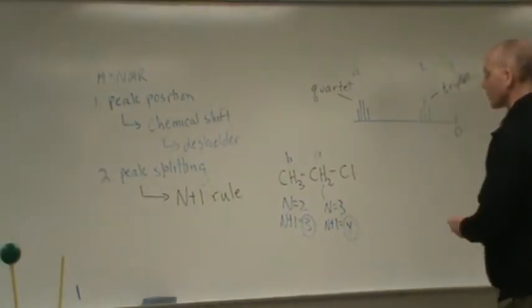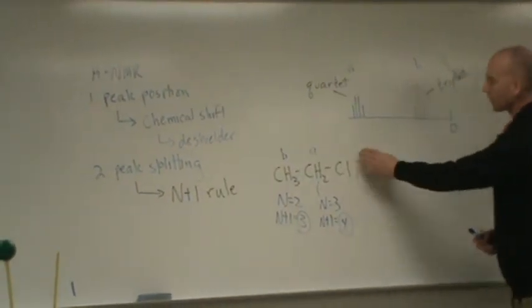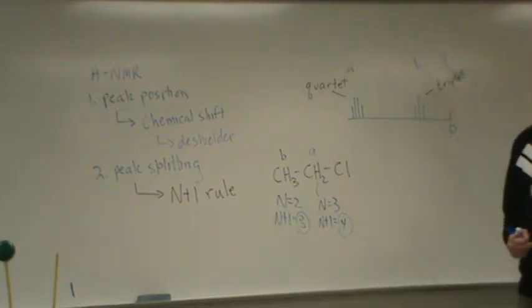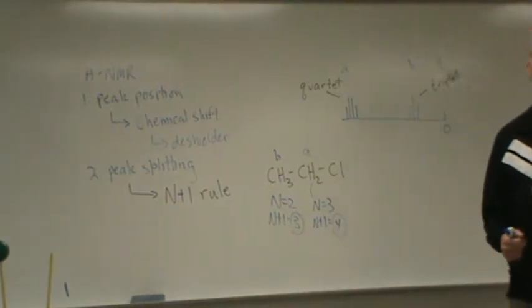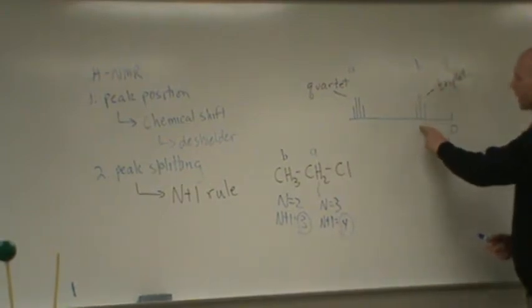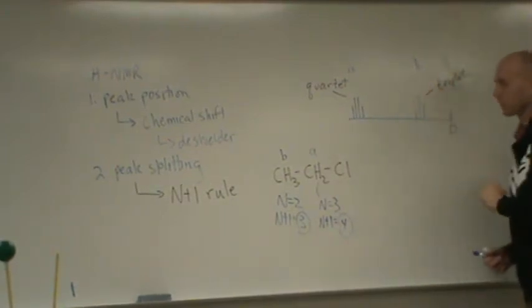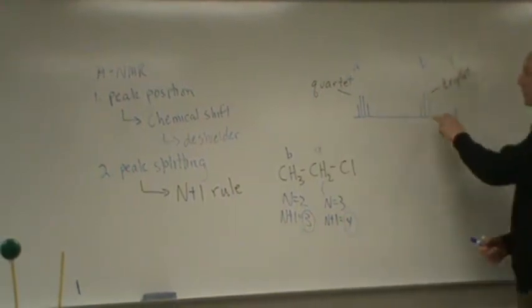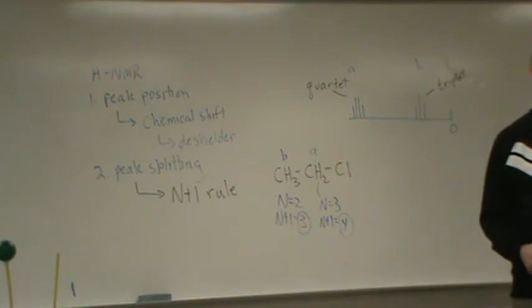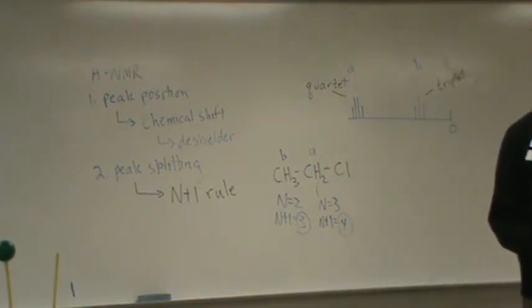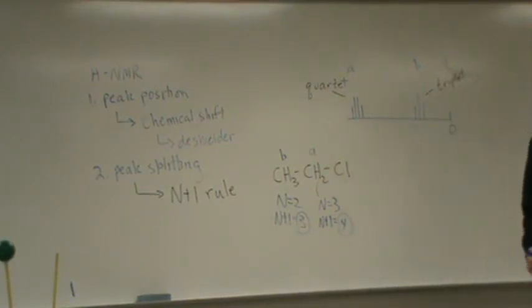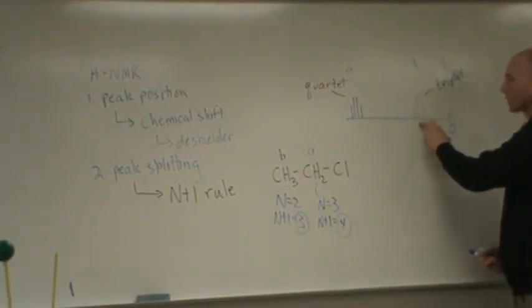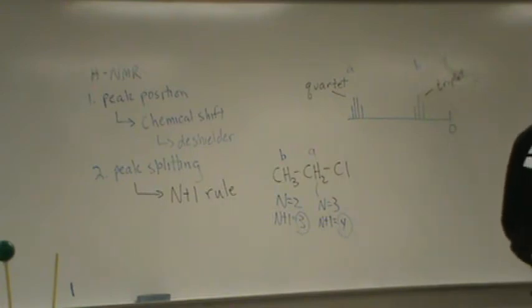Okay? So this is our friend. If you understand how we did this, then that's going to carry you a long way here. So let's review. Since B is giving me a triplet, suppose I didn't know that was the molecule. Since that is a triplet, what does that tell me I have in the molecule? A CH2. See that? Because that's telling me something is next to a CH2, where that CH2 is splitting that signal